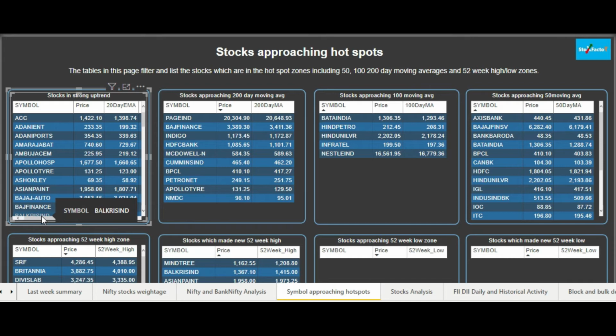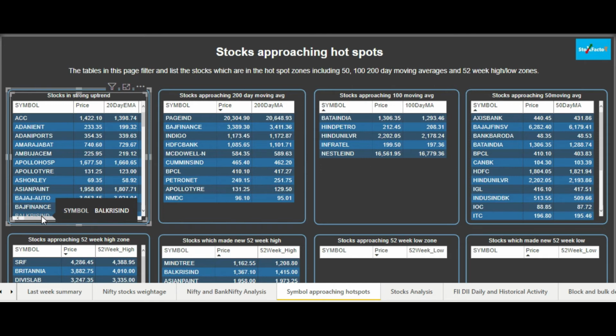Now coming to the second visual, which tells us about the stocks approaching the 200-day moving average. We believe the 200-day moving average is basically for the long-term investors, and it is where the buyers who have a view of around 6 months to 1 year are sitting to buy or sell the particular symbol or stock. Whenever a stock comes near the 200-day moving average, they take it as a reference and try to find out what the trend is. This visual filters out all the symbols which are near the 200-day moving average. Depending on whether it is below or above the 200-day moving average, you can take the decision accordingly.